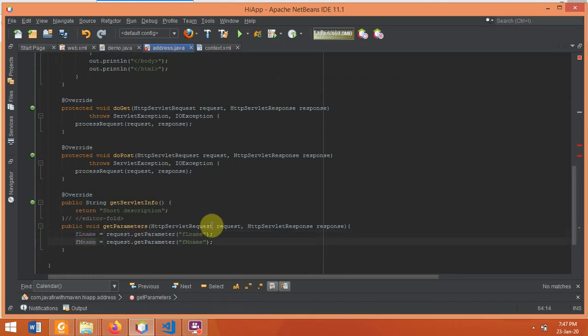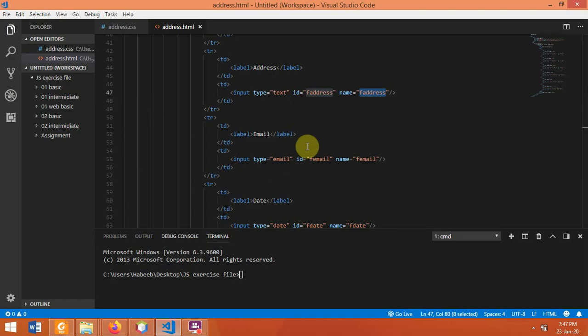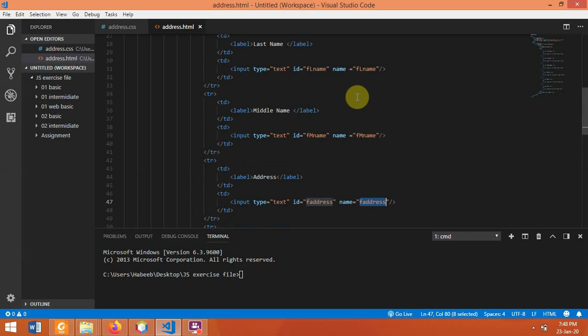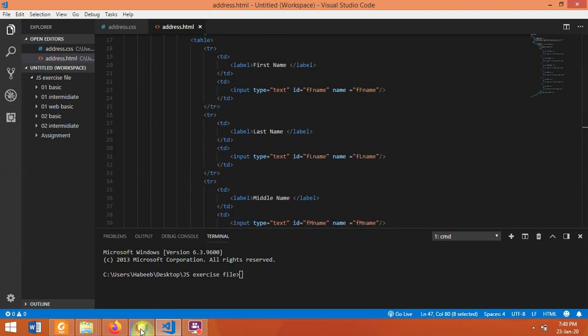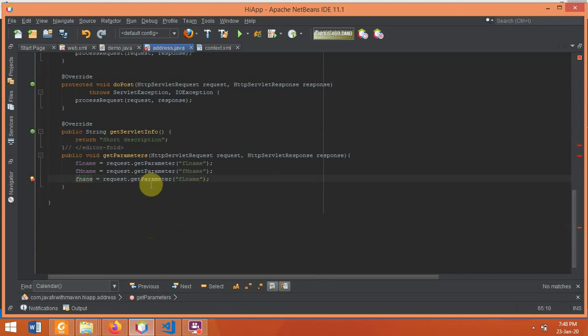So I will quickly do it again for first name, middle name. I think I have it as first name, last name, first name, middle name, and last name. Okay, I will quickly do that for first name. Now come here to make it first name. Okay, it's name. Stop making the same mistake. It's name. So I will quickly do that for F